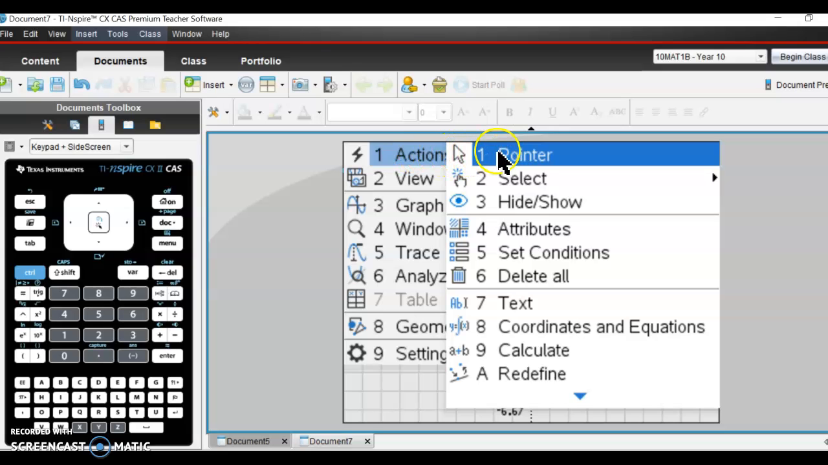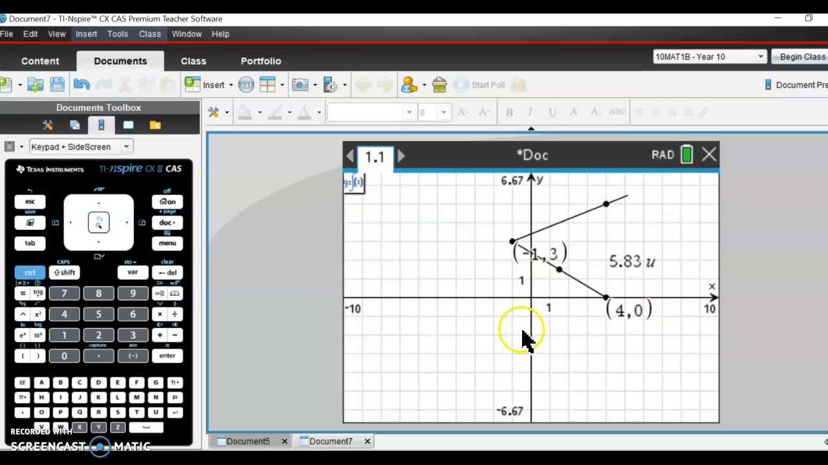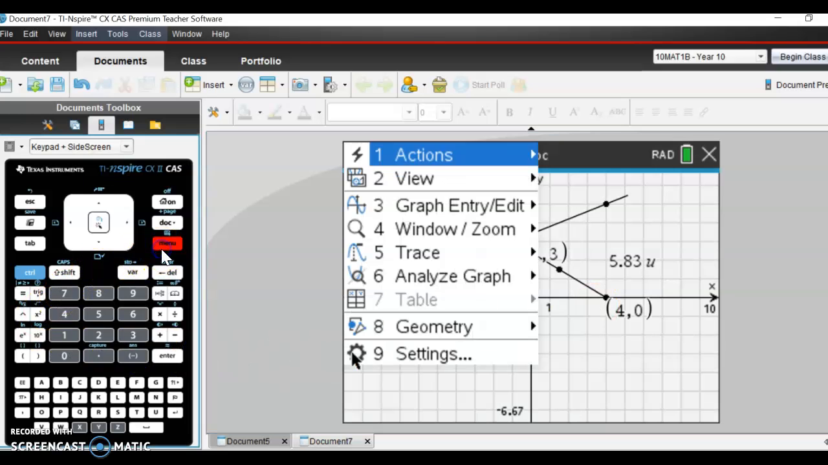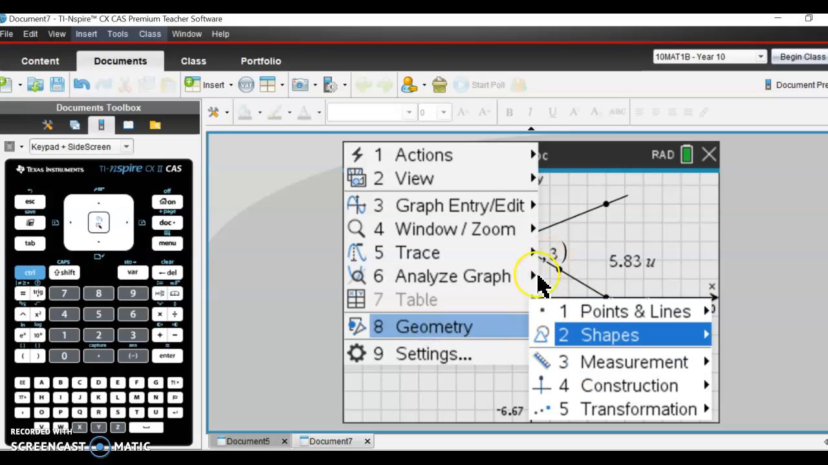So because we are working on the Cartesian plane, we want the coordinates. So all we have to do is click on that. Then you can move it across so it's out of the way and you can see the midpoint. And if you want to prove that those two line segments are of equal length, we can just quickly measure them. So that's, remember, geometry, measurement,